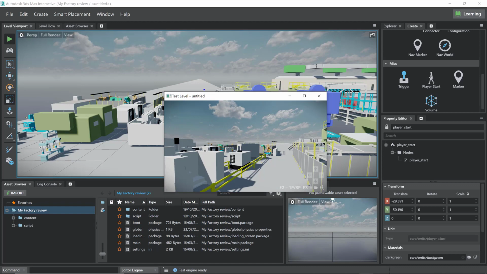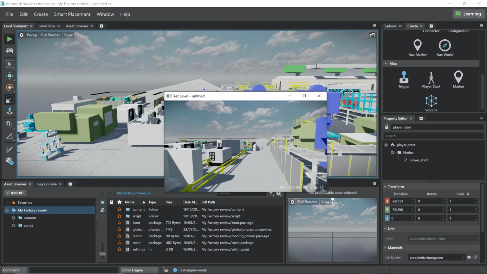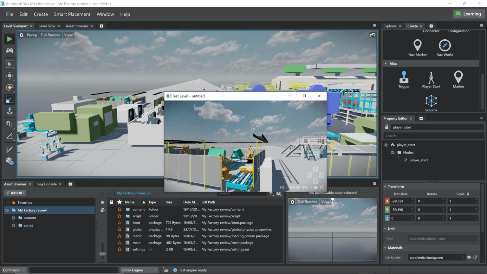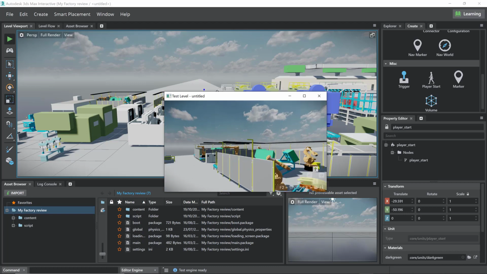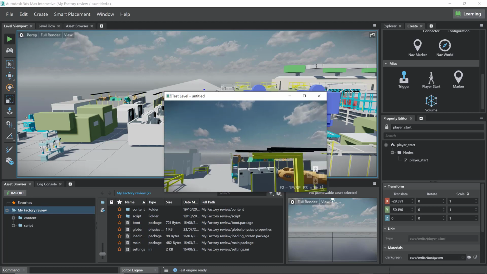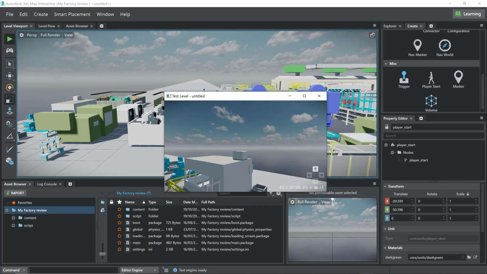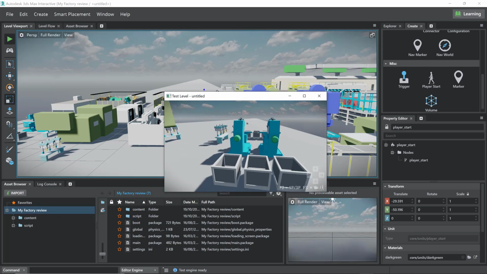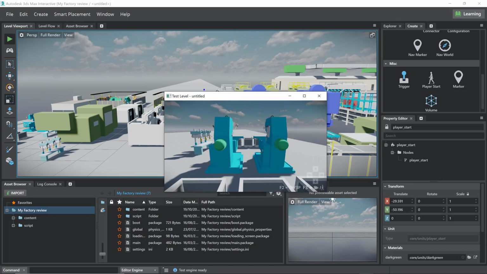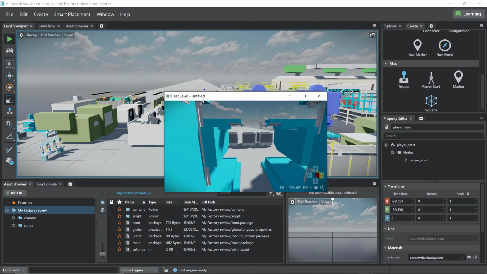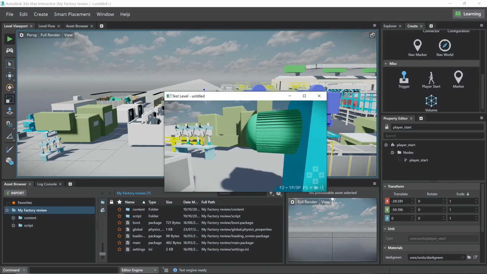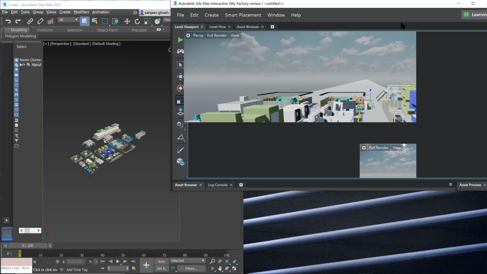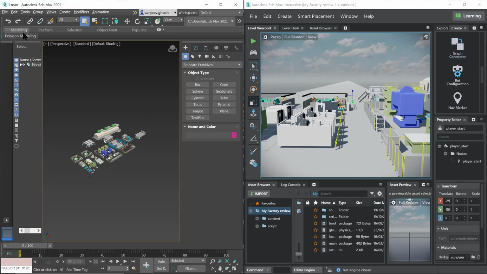Now, this is an environment from which I can generate output for various devices. Let's say I have to share this information with a customer or a stakeholder who wants to review the factory floor, who wants to see the placement of equipment and see them in life size as well. I can generate an output that is compatible with a virtual reality device right from the software. So I can create an output for my mobile phone, be it an iPhone or an Android device, or even a virtual reality device.